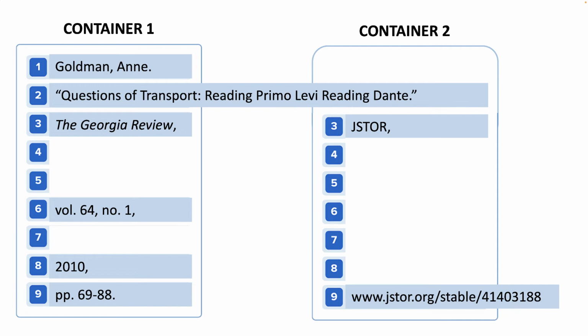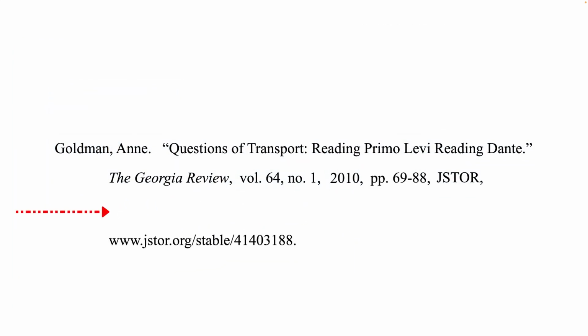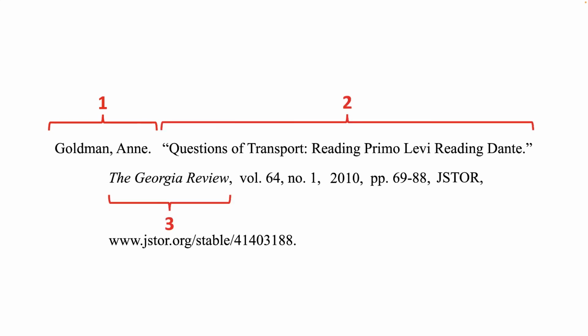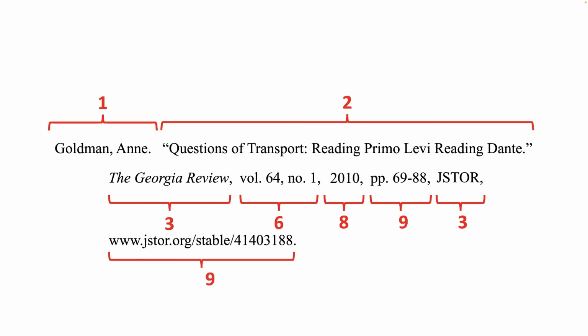So again, we're going to put all these together. This time I'm going to put an extra space between the second and the third line, just so I can show you how these are put in the correct order. For the first container, again in sequential order, 1, 2, 3, we skip elements 4 and 5 because they don't exist. 6, we skip elements 7, 8, and 9. That's from our first container. Then we go to our second container, element 3 and element 9. So this is how this would appear in your works cited page using both containers